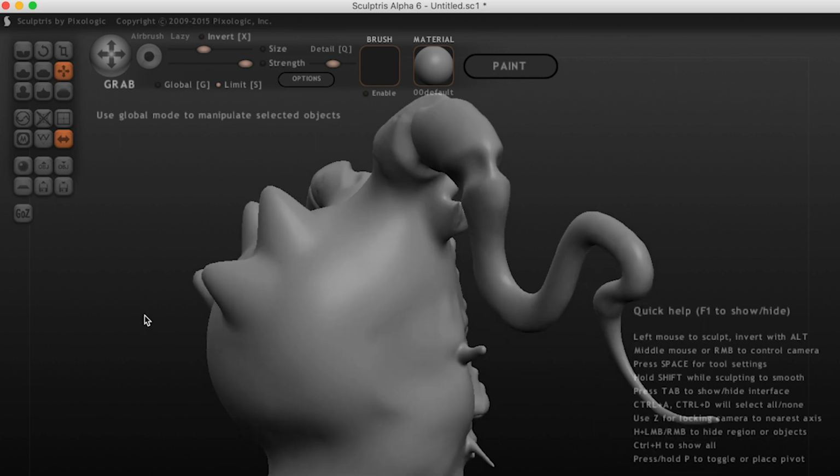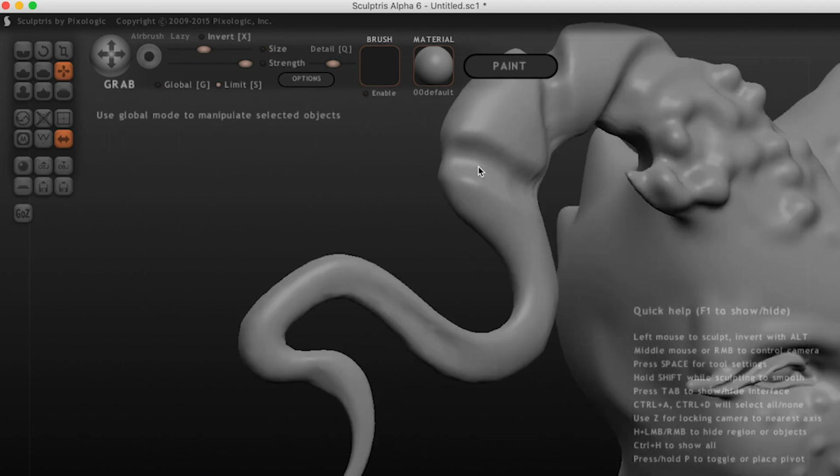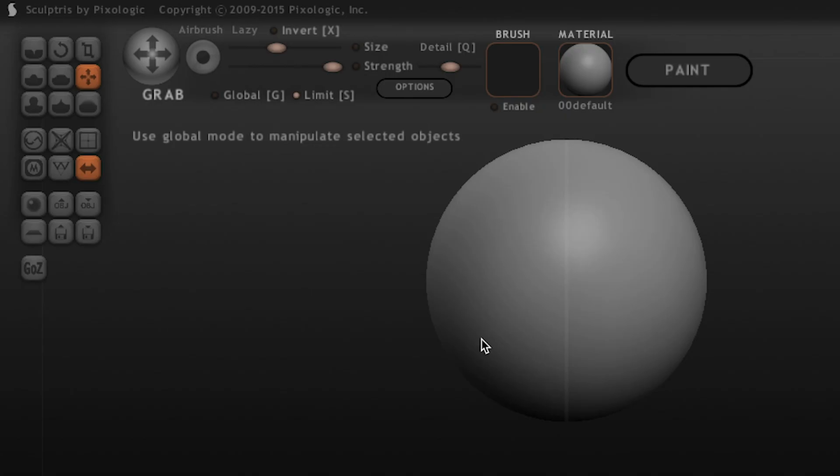What's cool is that although the interface of Sculptris is really simple, there's actually a lot going on under the hood, meaning you can concern yourself with the shapes and forms you want to make without worrying about a bunch of technical constraints. Now, you might be wondering, how is that possible? Usually, simplicity and complex function don't go together. Well, you don't need to know all the programming, but it does help to understand a little bit about how